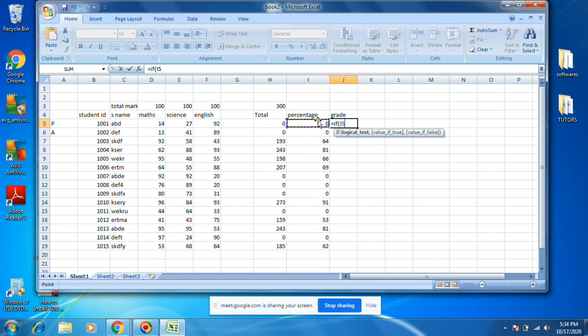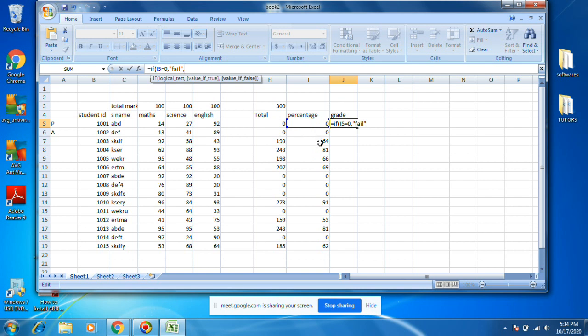Okay, this I5 is equal to 0, then you need to put fail. You see, this is the logical test. If I5 this value is 0, then we need to mention this as fail.